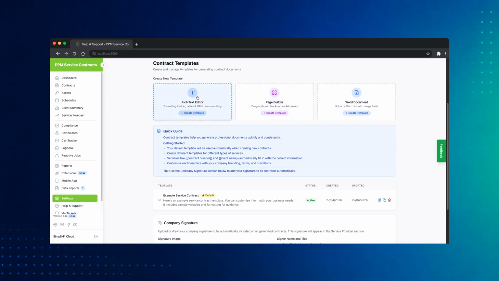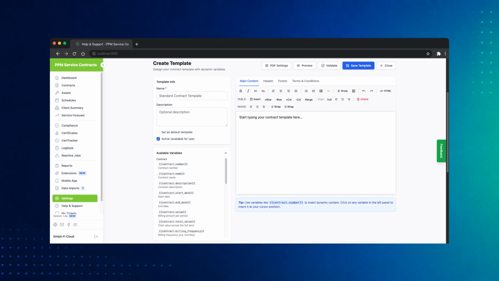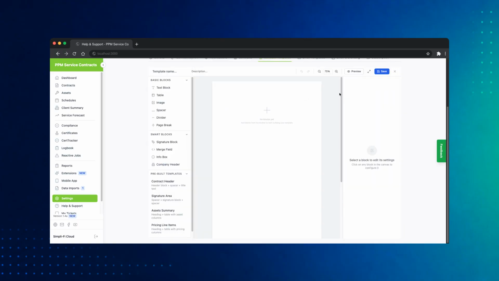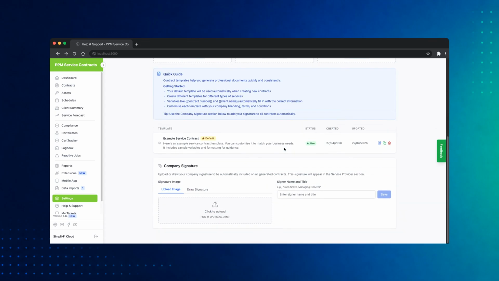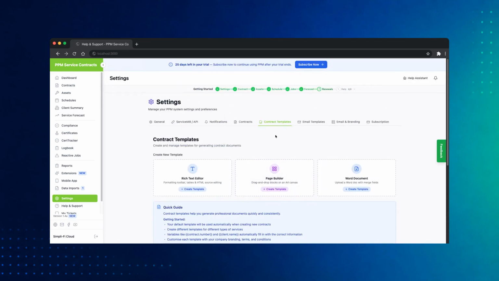You can choose from 3 different editors when creating a contract template. The Rich Text Editor is a simple option for building a basic template directly inside PPM. The Drag and Drop Block Editor gives you more control over the layout and structure of the document. You can also use the Word Document Editor, where you copy and paste merge fields into your own Word template to build the contract. The final output is a PDF contract document, which can be signed by you and sent to your customer for signing. You can also save your signature at the bottom of the page, so it is automatically included on any contract